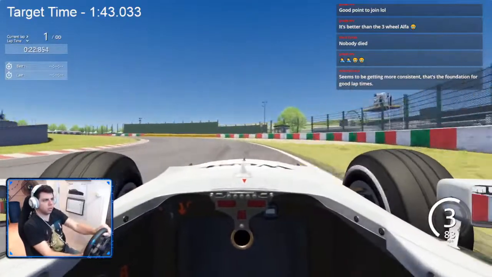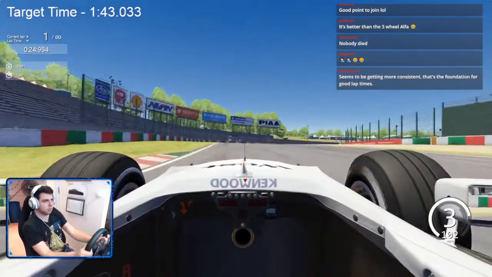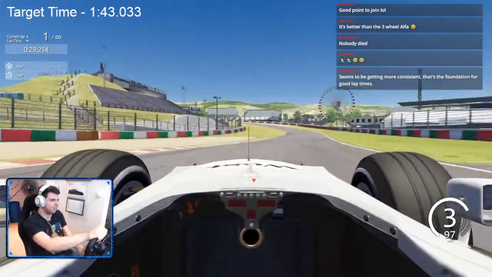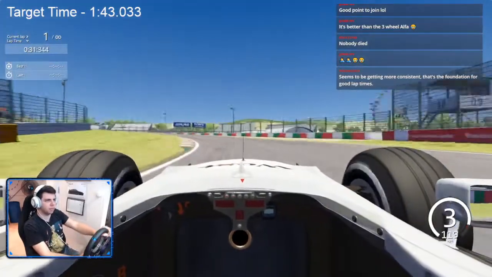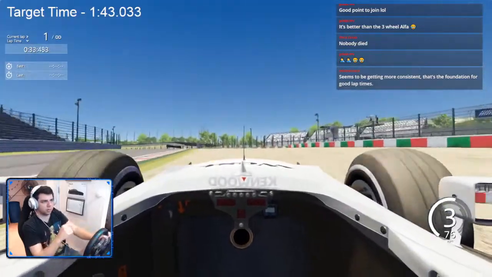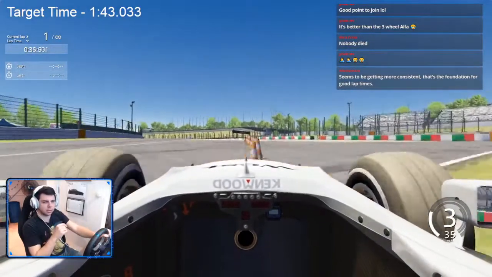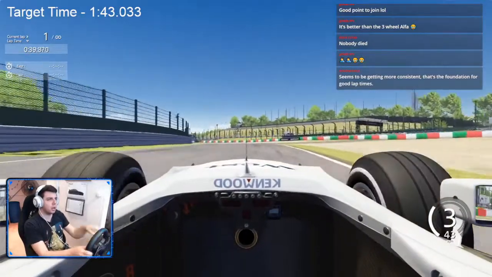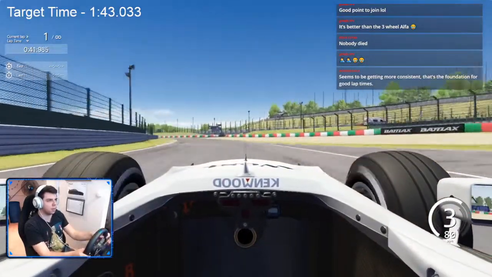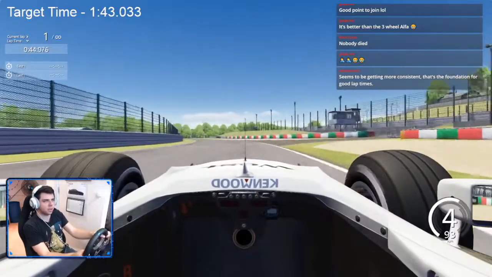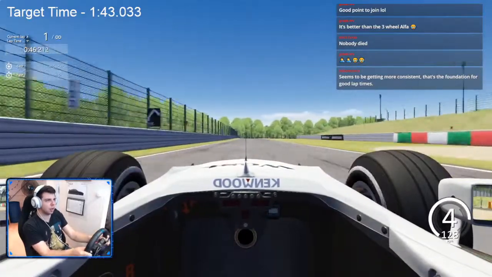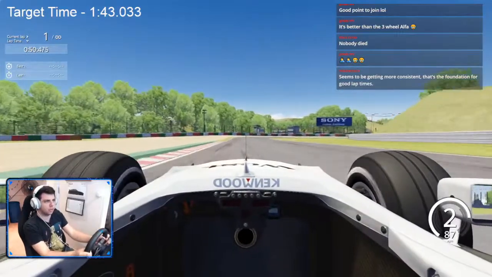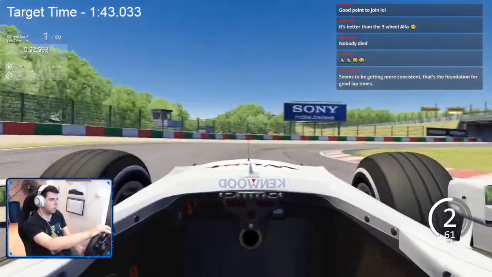Oh. Just overstepped the mark a fraction and that's like lap gone. Bit of a frustrating one. I've just taken way too much speed there because I've got my whole sequence off. Seems to be getting more consistent, that's the foundation for good lap times. To a point, I think I'm trying now to really push the envelope of what I'm capable of doing, so I think I was getting consistent, and now I'm kind of trying maybe too hard. I know that you can definitely overdrive, I don't know if that's what I'm doing, but I do feel like